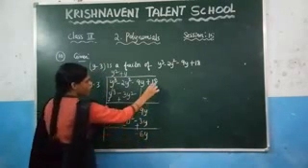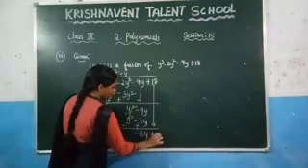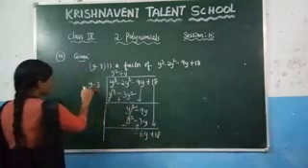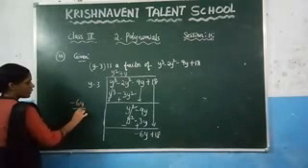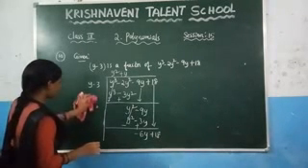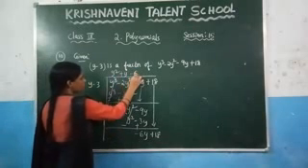y. Now take this value down, plus 18. Again, what we need to do is divide this term and this term. So dividing minus 6y by y, this y will get cancelled, you will get minus 6. This is the next term in the quotient, write it here, minus 6.